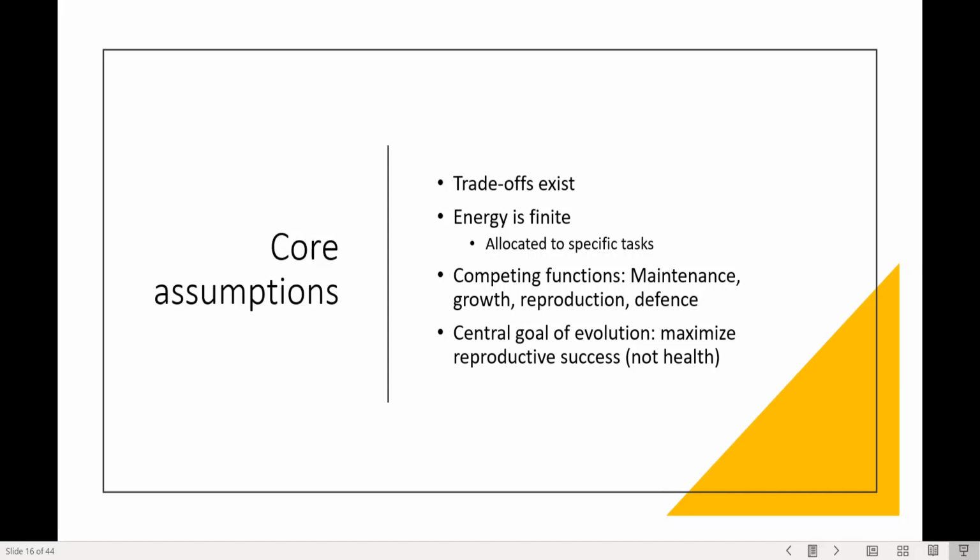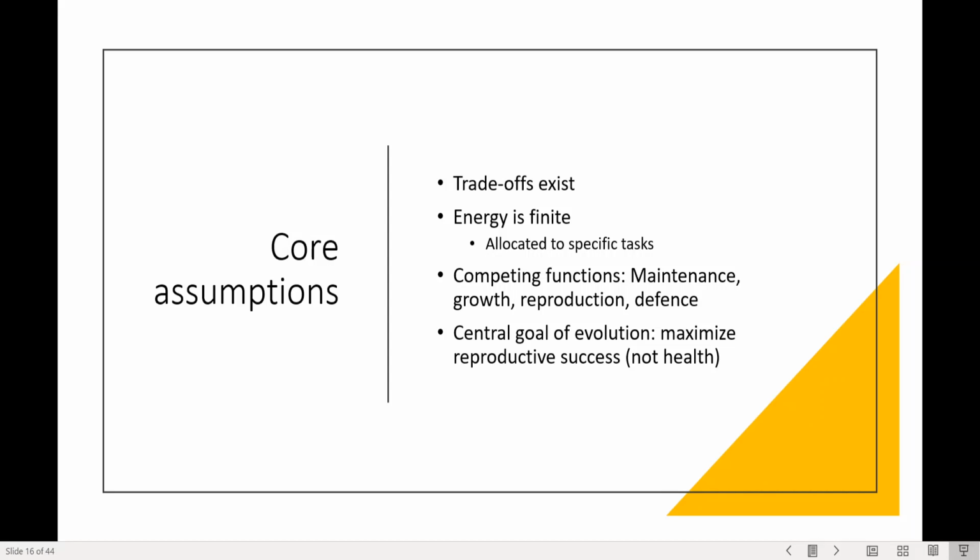And the important issue is that from an evolutionary perspective, the most important function amongst all of these is actually reproduction. Right? So if anything else is held constant, our body typically will try and focus on increasing the reproductive value, so maximizing reproductive success. So this is a core assumption of life history theory.